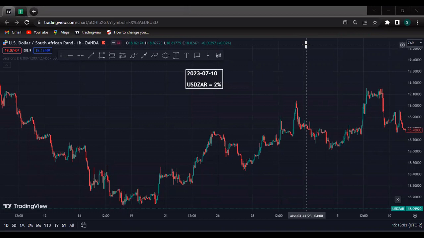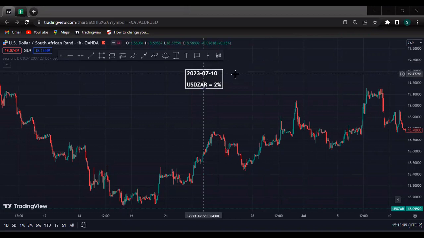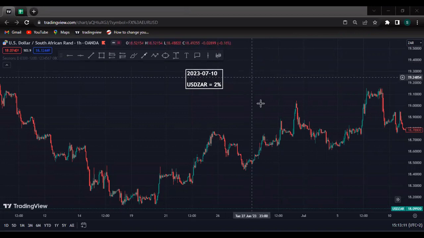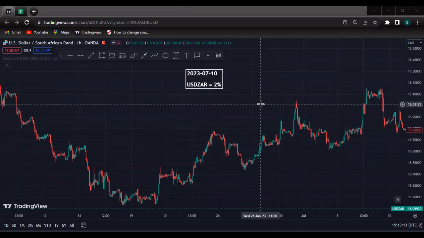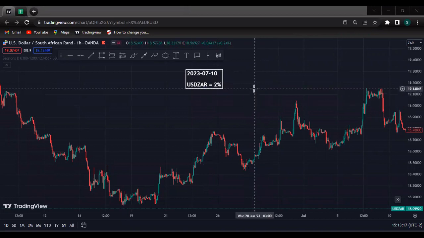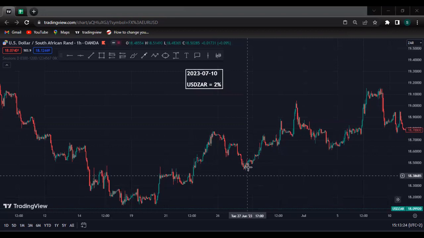In today's video, I'm going to be reviewing 3 of the trades that I took last week. The first one is going to be USDZAR, which is the first pair I actually traded last week. As you can see on the screen, I've written out the date. On USDZAR, I was able to catch 2%, which was not my initial target, but that's what I ended up getting. I'm going to show you guys screenshots